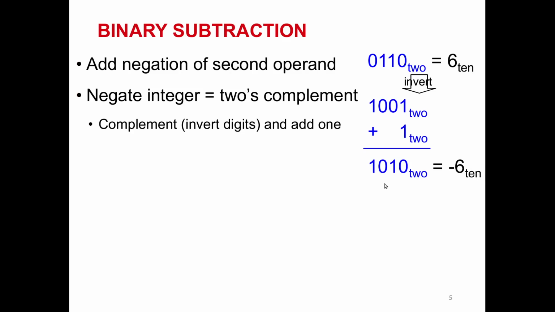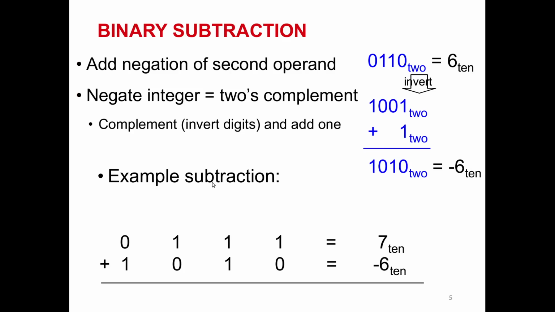It is minus 6 in decimal. And here, if you look into this bit, you can see that this is the sign bit. It implies that if you care about whether the value is minus or plus, it will be a negative number equal to minus 6. Now we will do a subtraction.